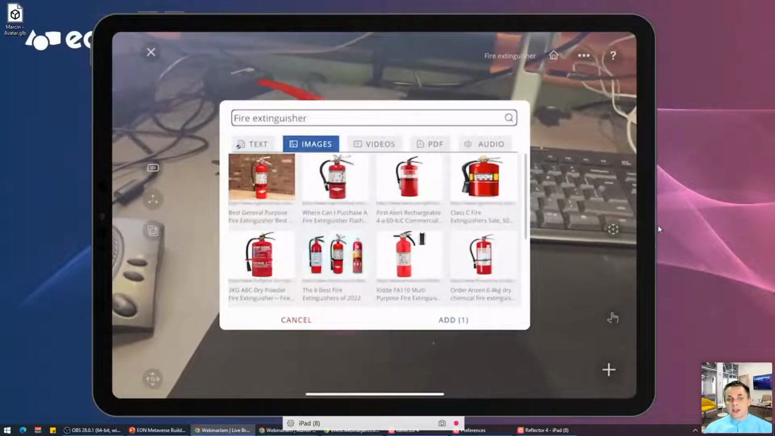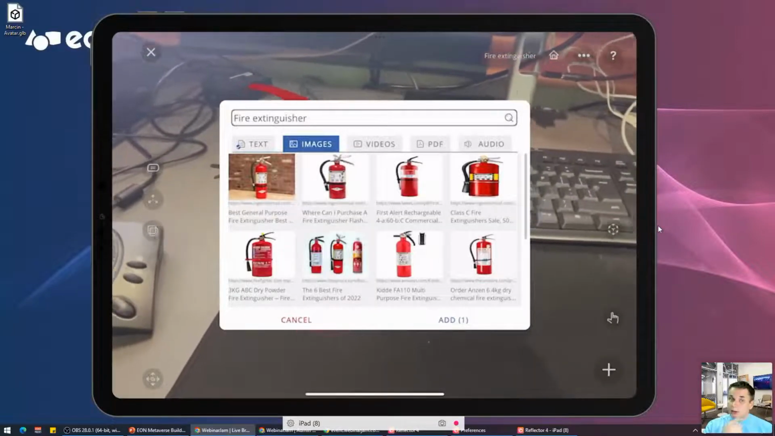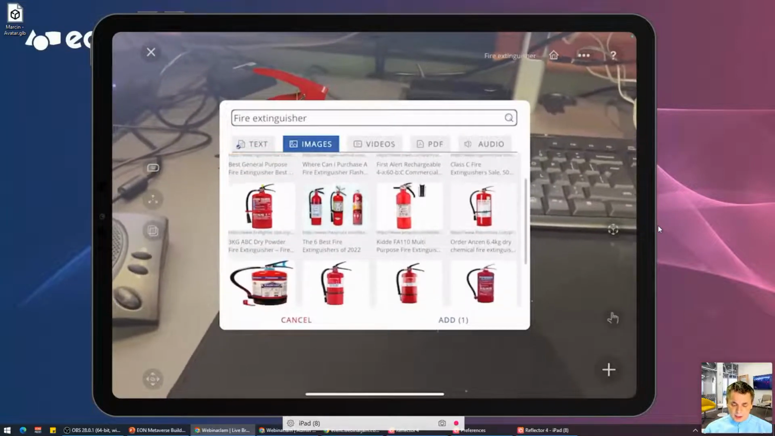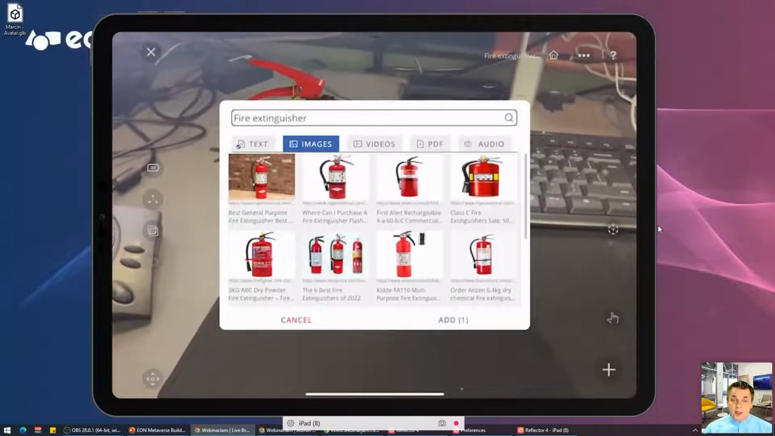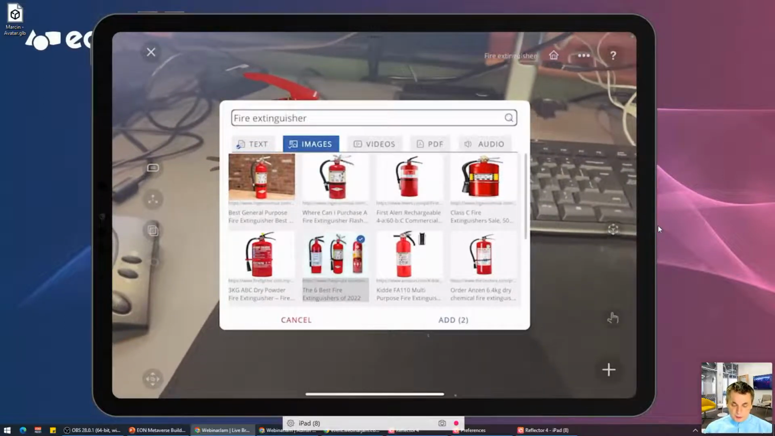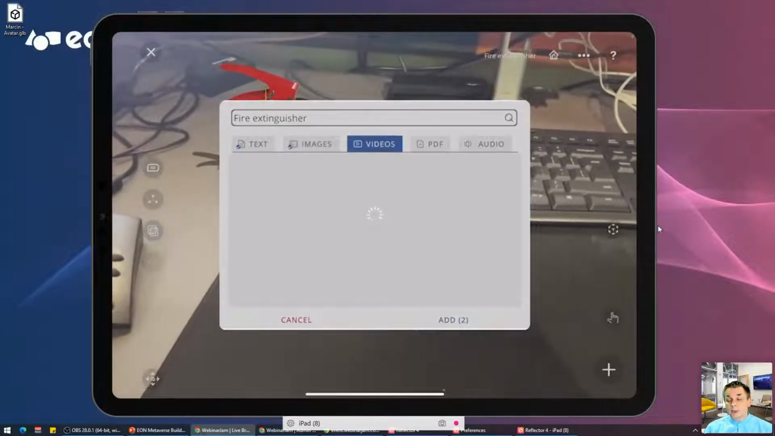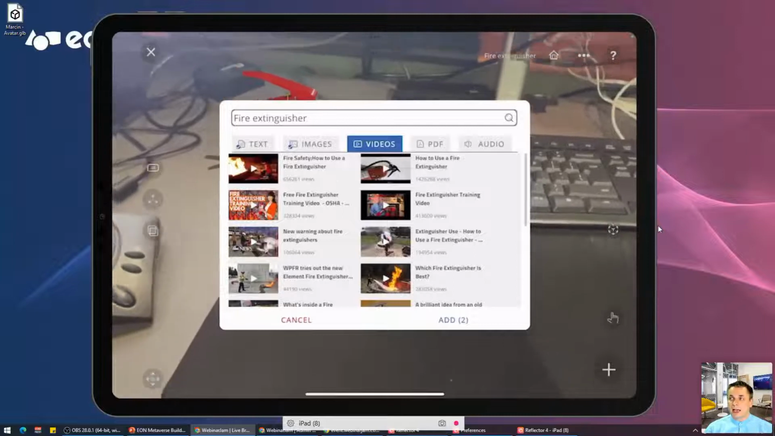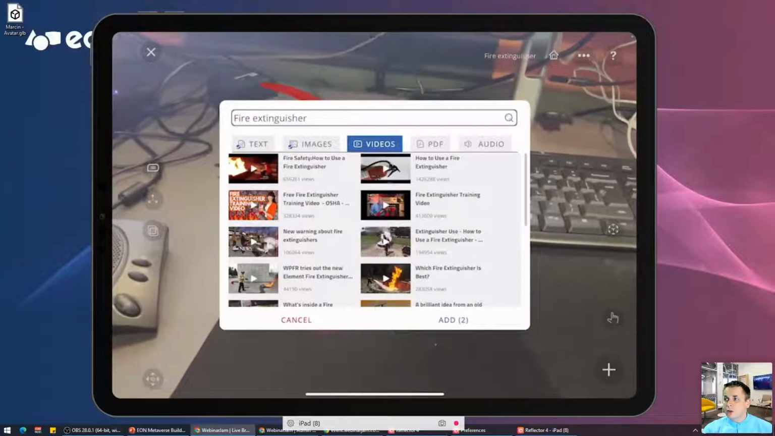Same with the images. Based on the keywords, our search engine integrated inside the EON-XR allows us to find images that might be suitable for the purpose based on the keywords. Likewise with the video. An important thing to mention here is that, as usual, the videos, the sourcing of the video,